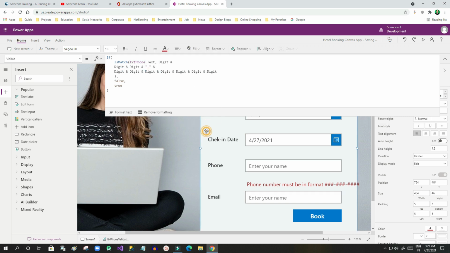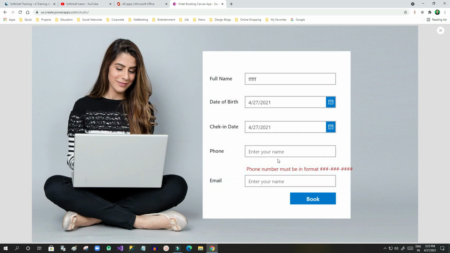Now I can go back and run it. If I write the old format, 123-123-1234, it will throw an error, because I have changed the format. I should not expect any second hyphen, so if I delete it, then it will work.